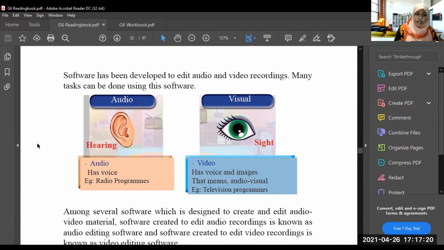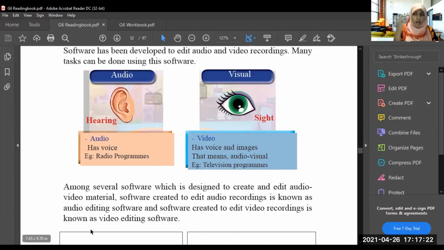For an example, audio means hearing, you can hear. Video means visual, you can see, sight. Audio has voices, like radio programs, songs, voices. Videos have voice and image. In visuals, you can see voices and images.